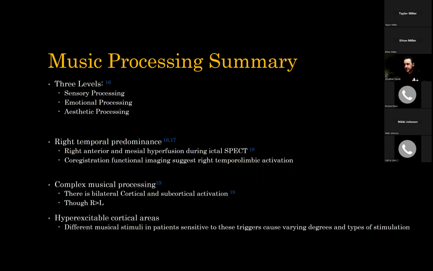But to summarize, music is essentially processed on 3 levels: sensory processing, emotional processing, and again, the one we won't talk so much about, the aesthetic processing, what makes us like this musician more than we like that other musician. It does typically have a right temporal predominance, usually in the anterior and mesial regions, and they've looked at that with fMRI studies and SPECT studies. And then the way that those different areas network with each other helps us process things and get an idea